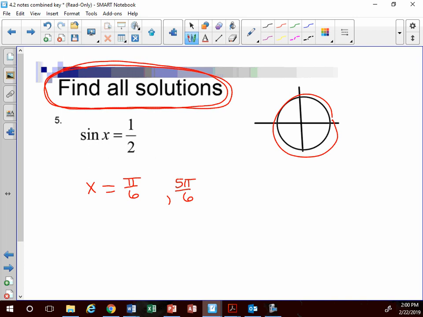That's 2 pi. So this is going to repeat every 2 pi, forwards or backwards. So we're going to say pi over 6 plus or minus 2 pi k